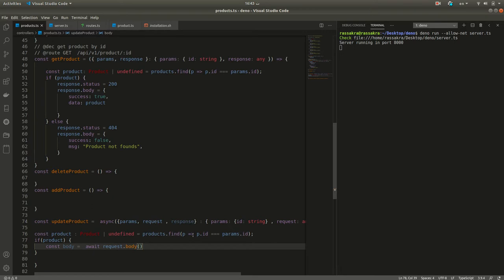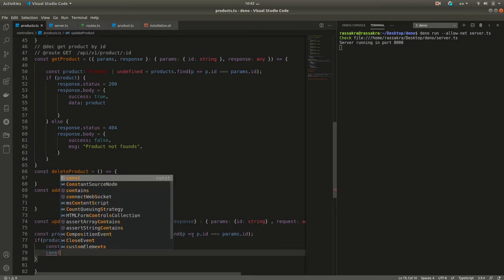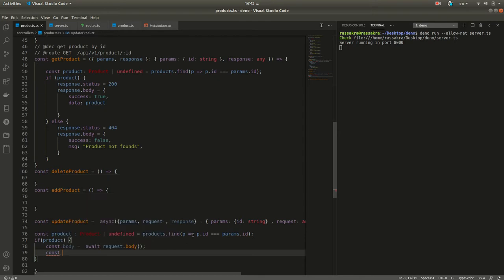After that, we need to prepare this const, updated data. It takes an object. If we need to update a product, we need just to update the name, the description, and the price. So name will take, if it exists, the params